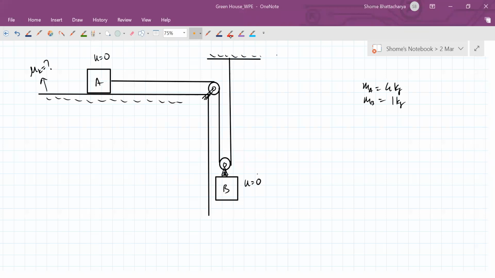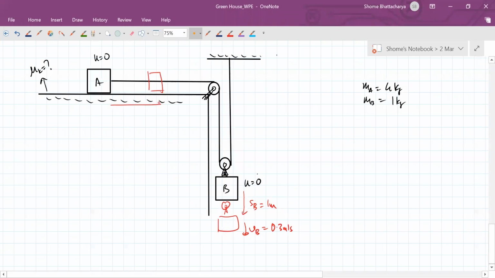Now, what this is saying is that after some time, the block B has come down through a distance. The 1 kg block is found to have descended through 1 meter and developed a speed of 0.3 meters per second. So during that time, A would have made a displacement of, now you can understand that